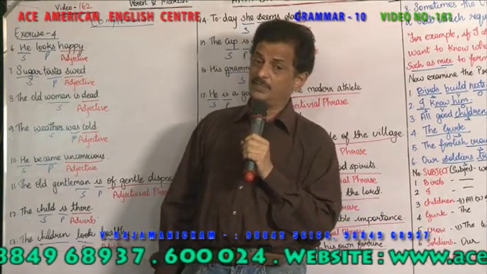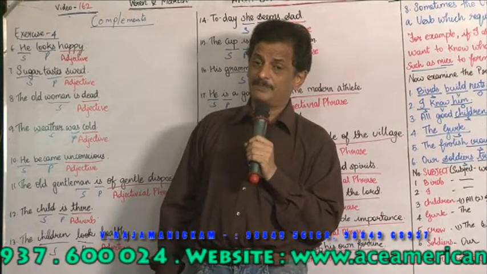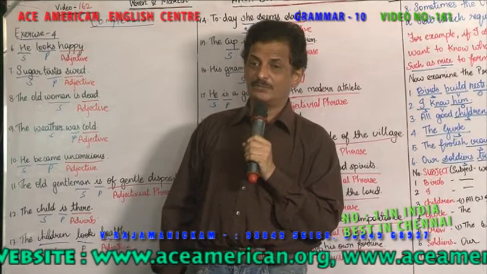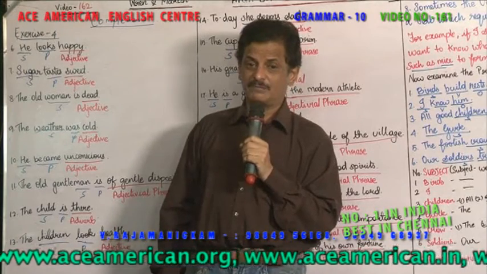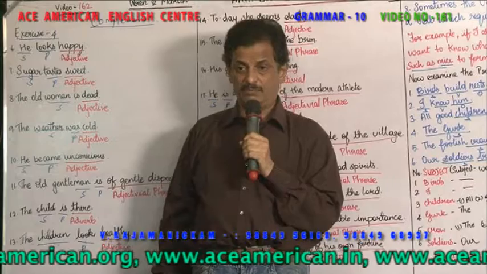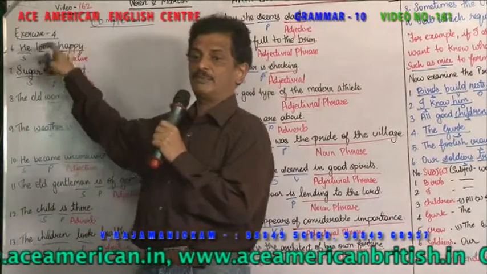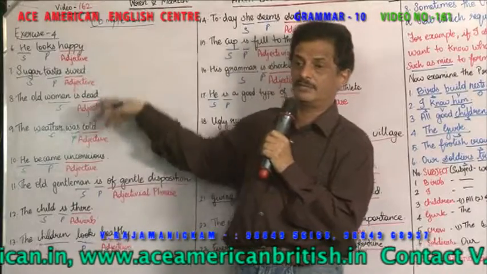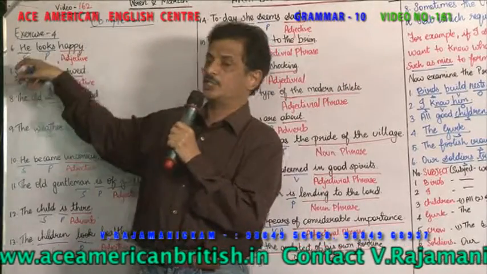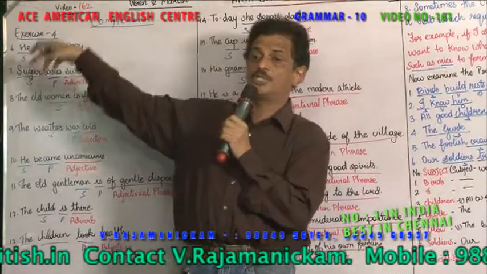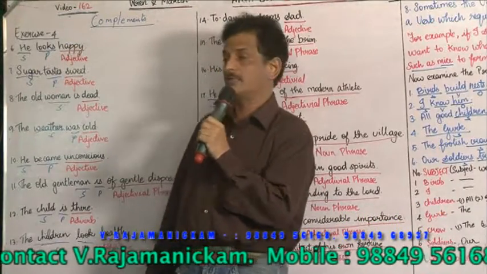So Rama is the subject, is is the predicate. Is a doctor a predicate word? A doctor becomes a complement. A complement is something that says about the subject. Rama and doctor both are the same. So here, he looks happy. He and happy are both the same. Happy is the quality of him, so happy becomes an adjective. He is the subject, looks is the predicate, and happy is the adjective predicative or adjective complement.